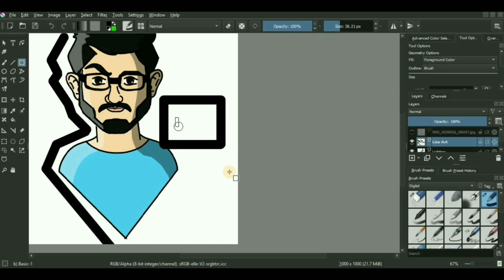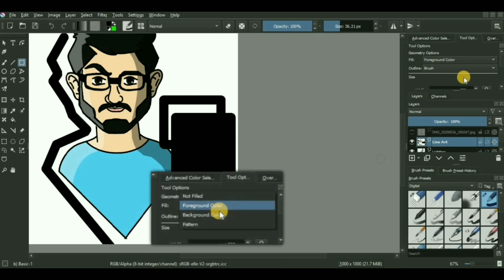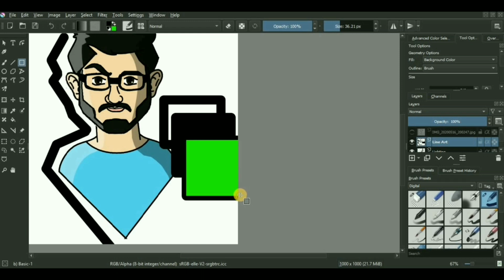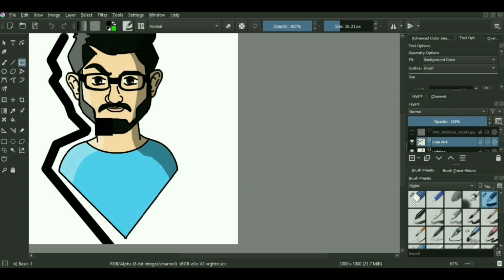Also, you can go into the advanced options in the right hand corner to actually change its appearance and the way you want it to be colored. For example, you can add a foreground color or a background color. If you don't want any sort of color, you can just keep it blank. It doesn't matter. So the next tool, which is pretty much similar to the square tool, is the circle tool,